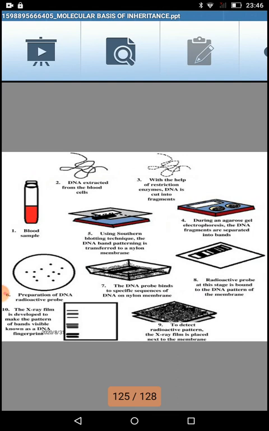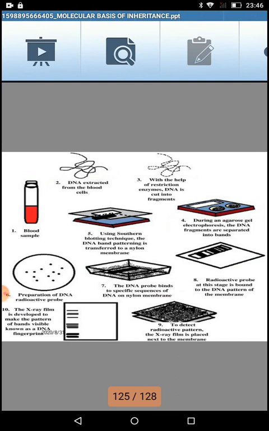So in this case, using these endonuclease restriction enzymes, which are also called molecular scissors, the DNA is cut into small fragments. Then these DNA fragments are loaded on an agarose gel plate. The process is called gel electrophoresis. Now what is this process actually? In detail we will be studying it when we go for understanding of this whole process.